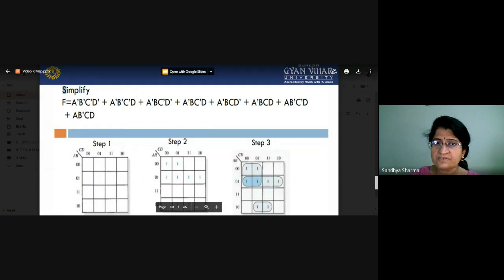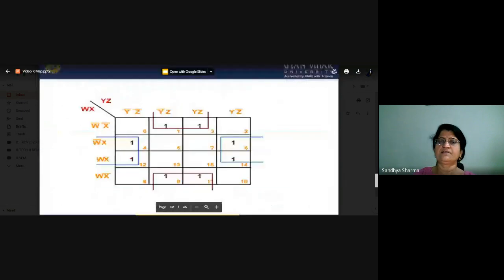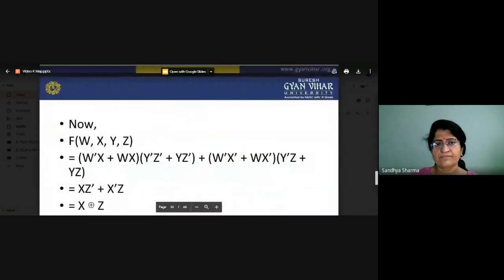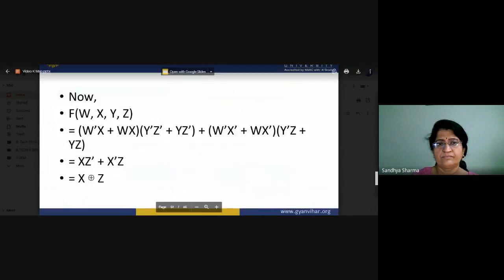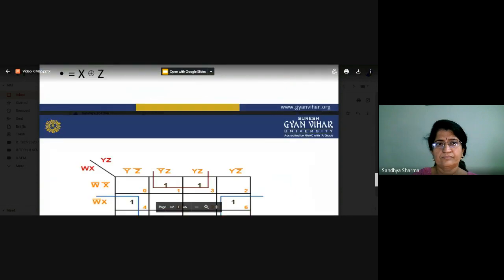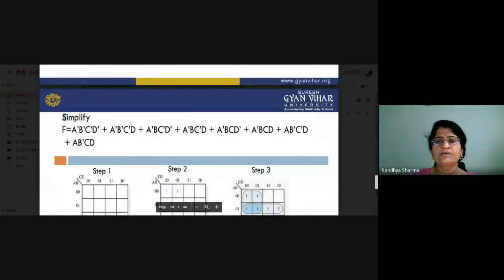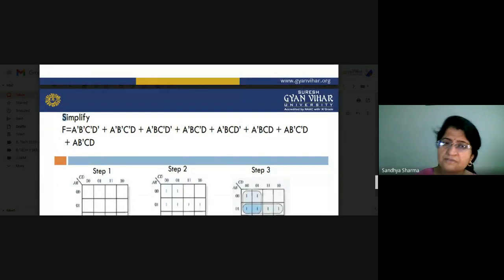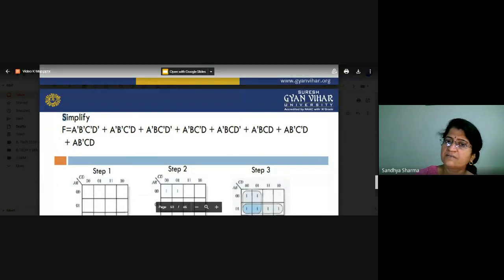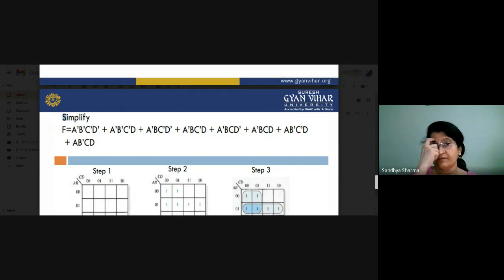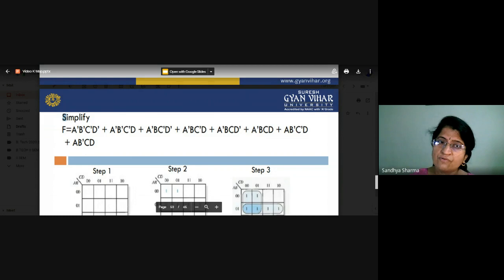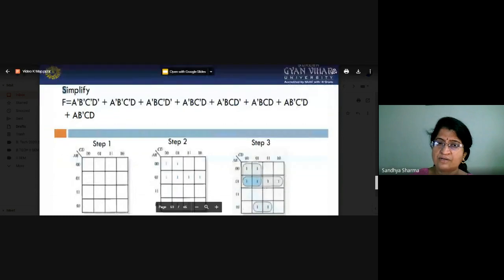So now what will happen? You can design this and write the equation this way. Now there's again a last question: how can you simplify any lengthy equations? Just see here. This is in terms of a complement, b complement, c complement, d complement. So you can also be given the equation in this form. In the previous section we solved in terms of sigma m 0, 1, 2, 3, 4 numbering system, but you can also be given this. So now what will happen? You have to see this and put a one in that particular place.